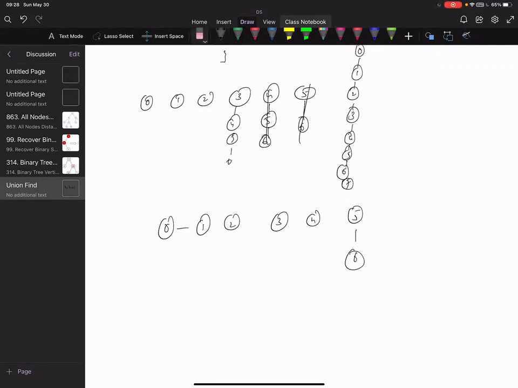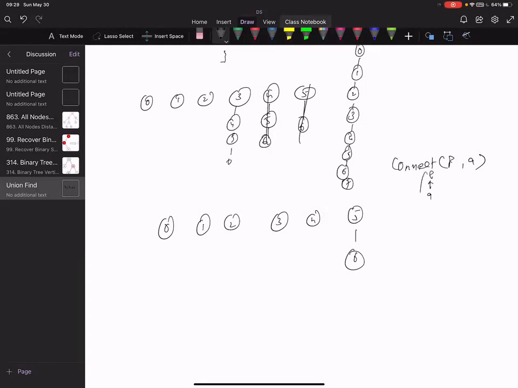Now, when I say connect P to Q, what I'm doing is making Q a child of P, right?